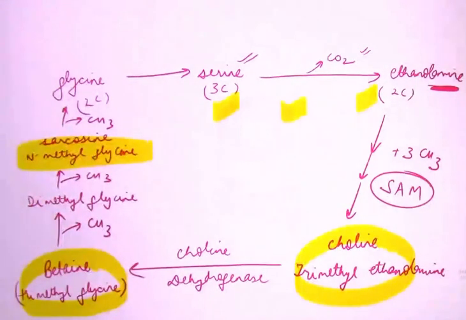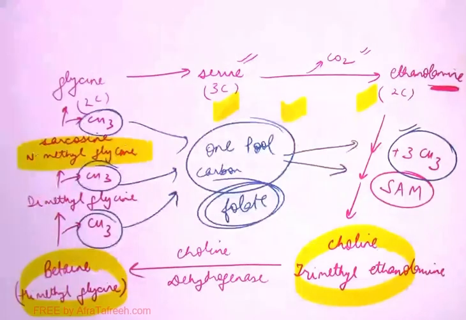So in this metabolism, on this side methyl groups are getting added, on this side methyl groups are getting removed. These all contribute to the one carbon pool of the body. The one carbon pool is giving methyl groups, and these methyl groups are again entering into the one carbon pool, and mainly folate is responsible for the one carbon pool. So I will say that glycine metabolism is very much interlinked